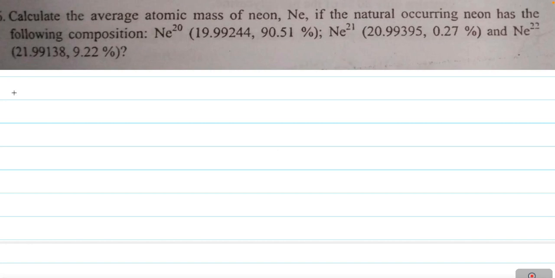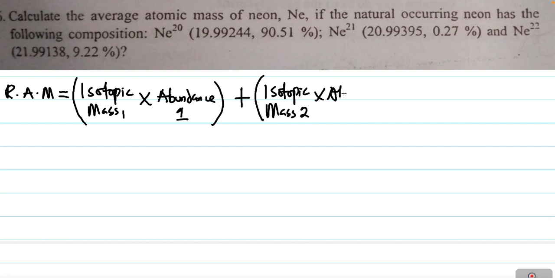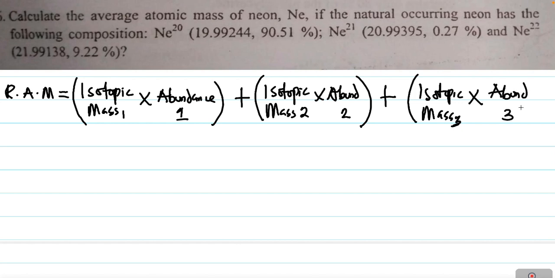Right, so relative atomic mass, which is the same thing as average atomic mass, is more like saying isotopic mass 1 times abundance 1, close your brackets, plus isotopic mass 2 times abundance 2, close your brackets, plus isotopic mass 3 times abundance 3, close your brackets. This is all divided by